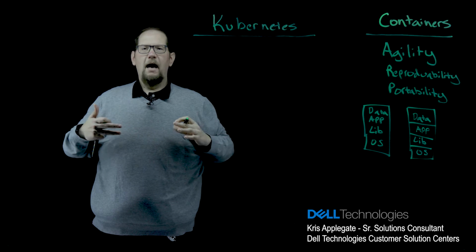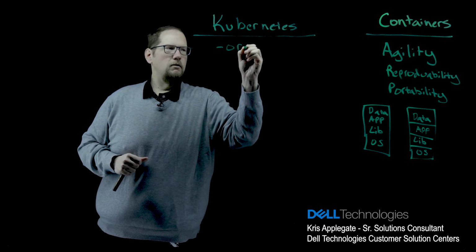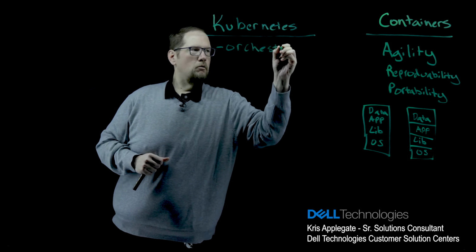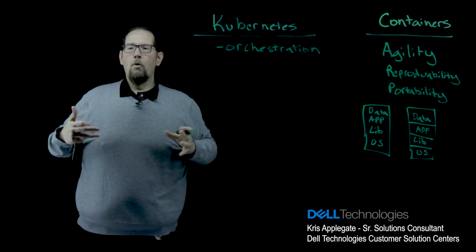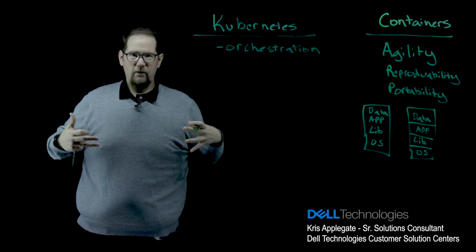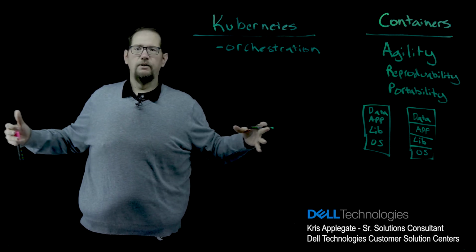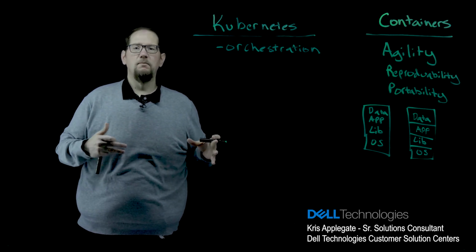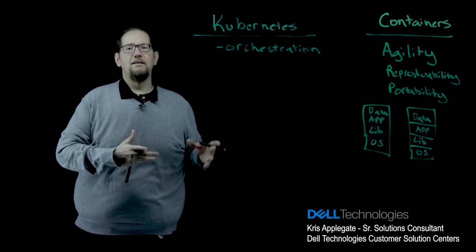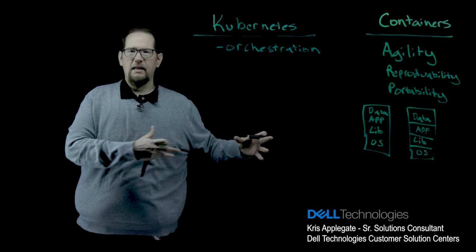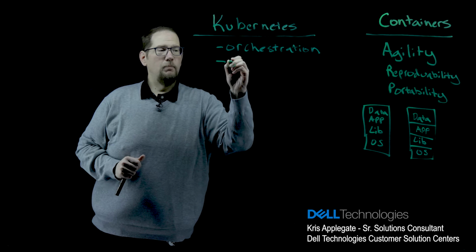The first thing, at its core, Kubernetes is a container orchestration engine. So more than one container is hard to get your arms around. As you start to have tens, hundreds, or thousands of containers, you want to be able to orchestrate them into a symphony. And so Kubernetes manages all the infrastructure necessary to run those containers. And it does so by being open source,